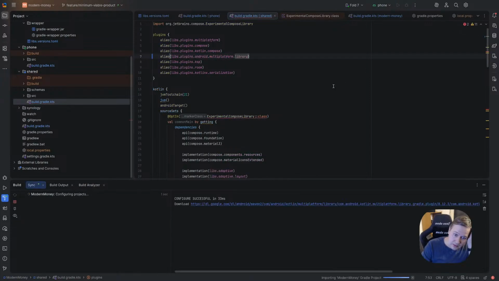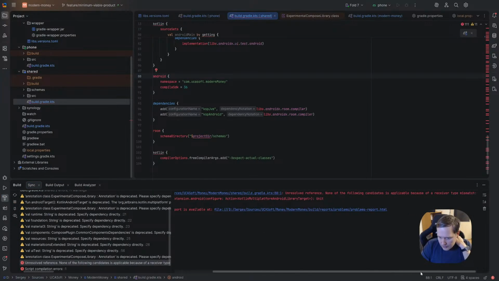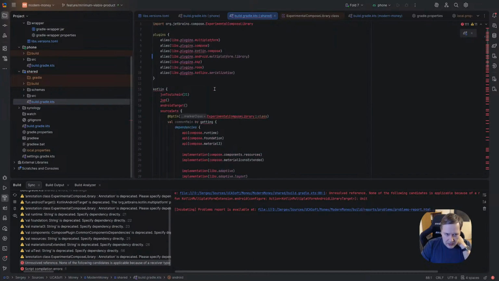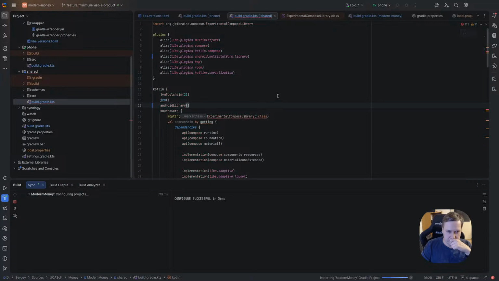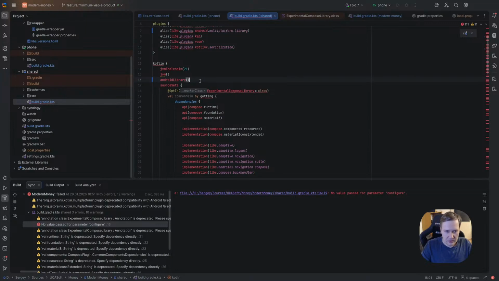Okay, so now we need this Android library. No value passed to configuration.